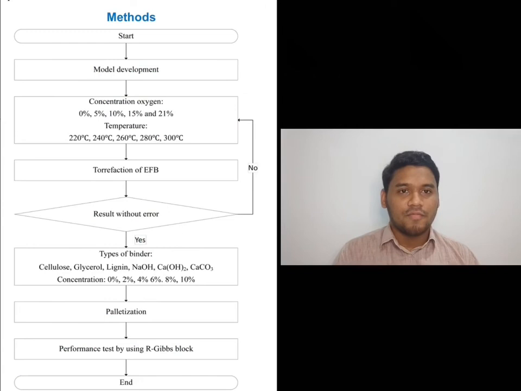Now we move to the overall process. The picture shows the simulation of the EFB torrefaction process plant to produce the solid fuel. This modification process involves the following 3 main assumptions. First is the non-conventional solid with definitive ultimate and proximate analysis data. The model particle size and distribution was defined using the MCINCPSD stream class for unconventional and conventional solid, and it assumes that the process is in a steady state.